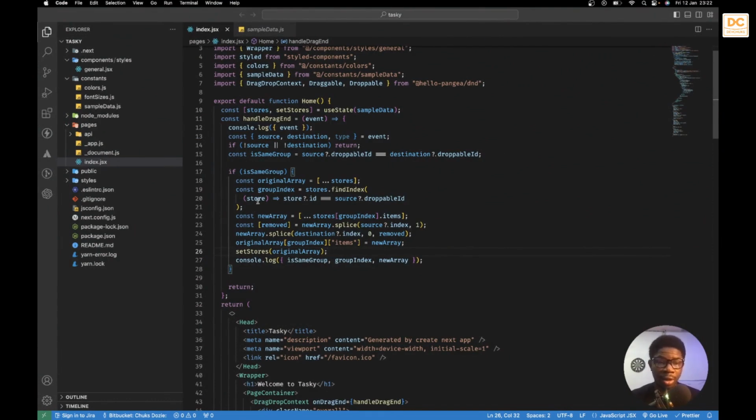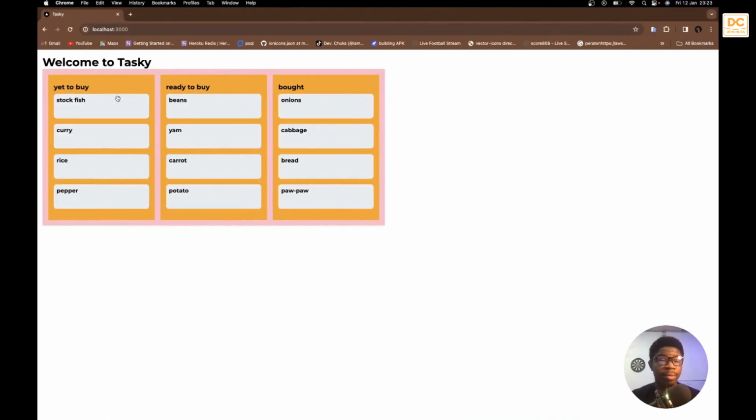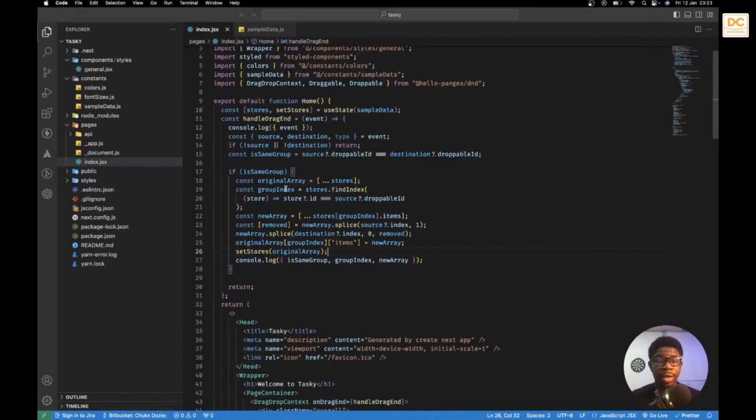All right. So basically, the first step is to get a variable of the original array. All right. Everything in stores. Then you find the index of the group that you're currently working on. Is it group 1, group 2, or group 3? All right. You find what index it is. That's basically what we did here. So stores.findIndex, and then we want to find where the store ID is equal to the source droppable